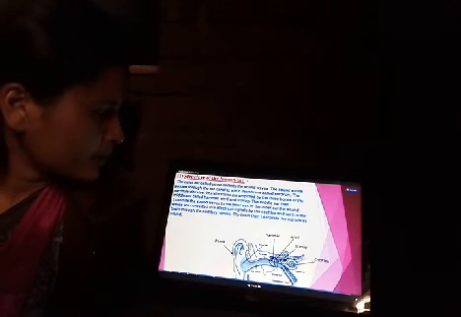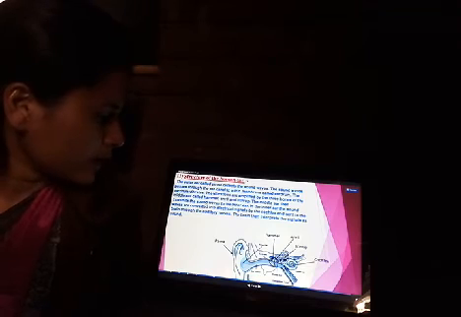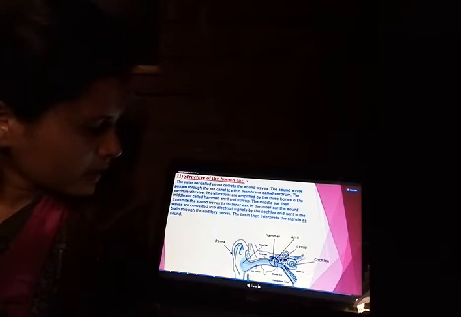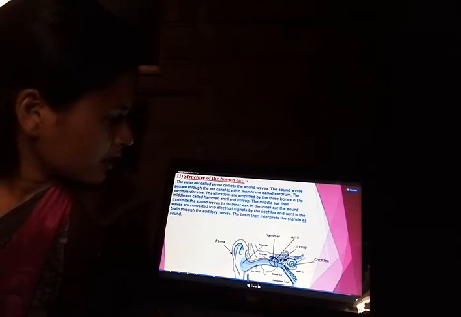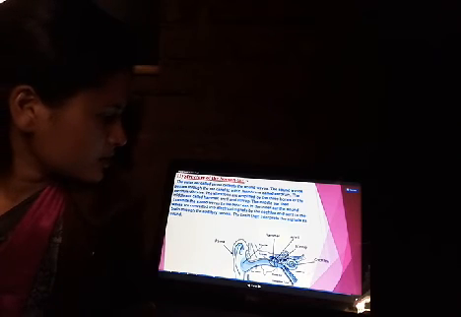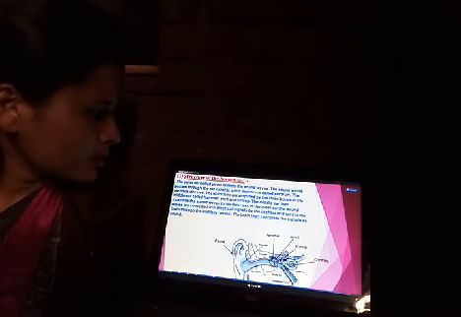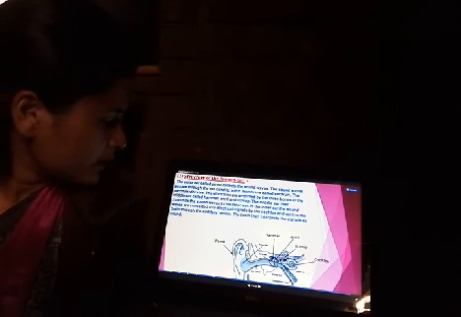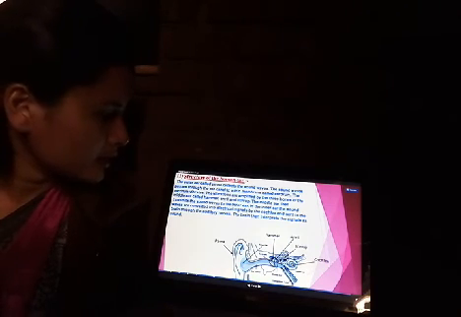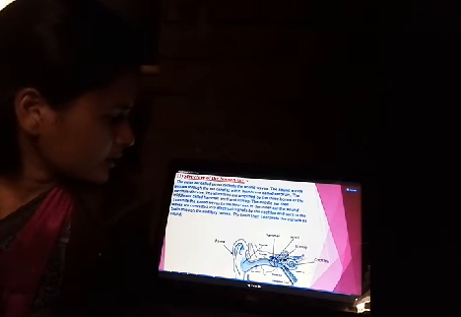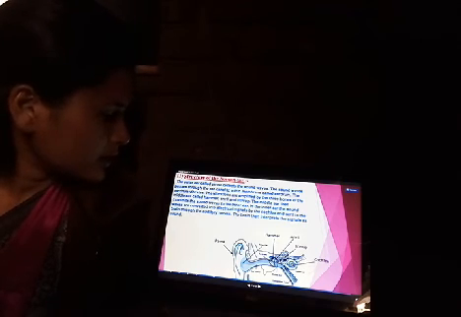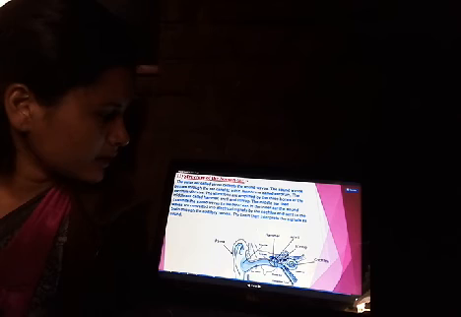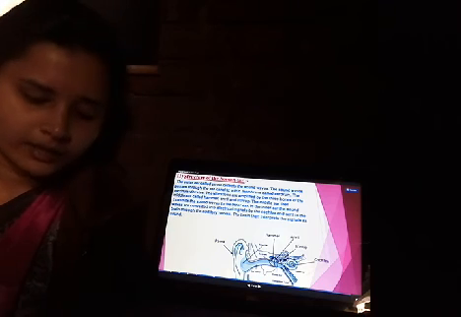The vibrations are amplified by three bones of the middle ear called the hammer, anvil and stirrup. Here is the hammer, exactly near the eardrum. These are the three middle ear bones. The middle ear then transmits the sound waves to the inner ear. In the inner ear, sound waves are converted into electrical signals by the cochlea and sent to the brain through the auditory nerves. The brain then interprets the signals as sound, and then we can hear the sound.